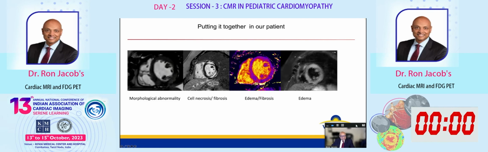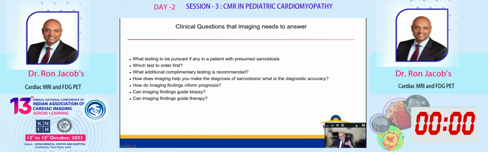So putting it all together, you have cine for morphological abnormalities, LGE for cell necrosis and fibrosis, T1 and T2 mapping for edema and fibrosis, and the STIR really leveraging water content as a secondary or surrogate marker. But if you have maps, generally you may not need the STIR. You can just use your maps. So that's the first algorithm in terms of what testing to use and which test to order first. We went with CMR because based on that algorithm, we felt that it would give us the most information